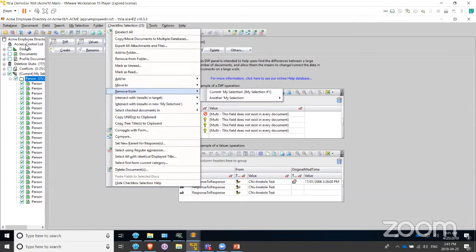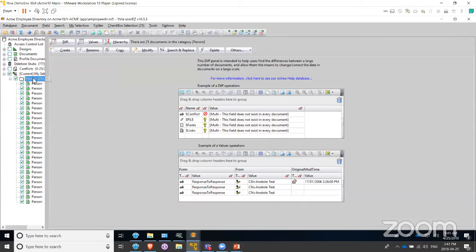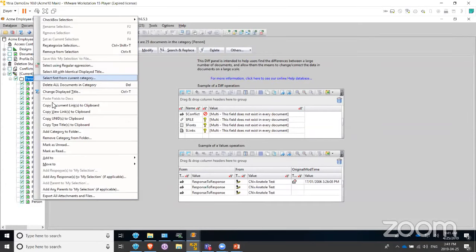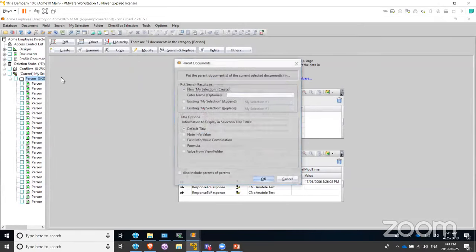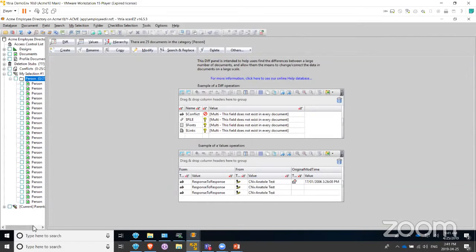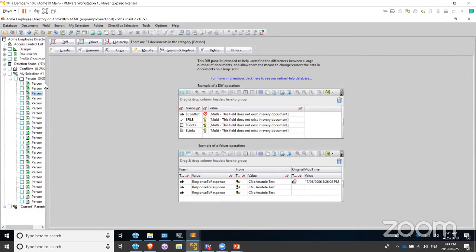So when we do that, actually, it's been some time. No, it's going to be right here. So add any parents. I did a right click actually. Add any parents to my selection if applicable, right? So that is what we're going to do, and we're going to create a selection for those parent documents. What we see is that the number of parents in this case corresponds to the number of conflicts, but we'll see that all of these guys